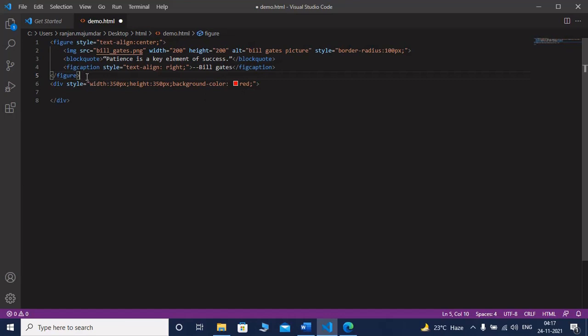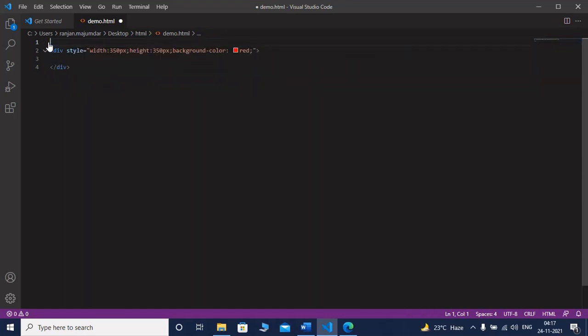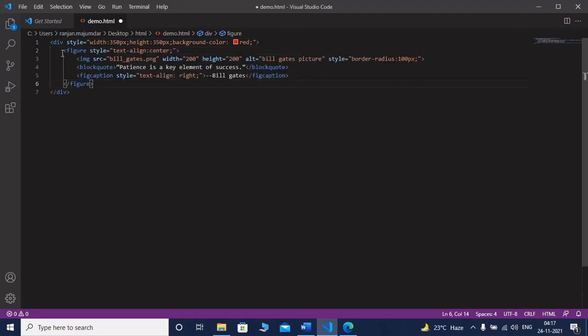If I copy the entire portion, cut the entire portion and paste it within the div, then you can see at first you have seen Bill Gates is right aligned.